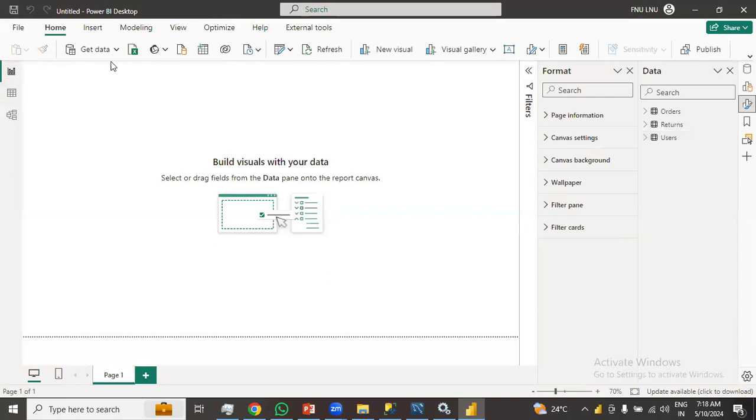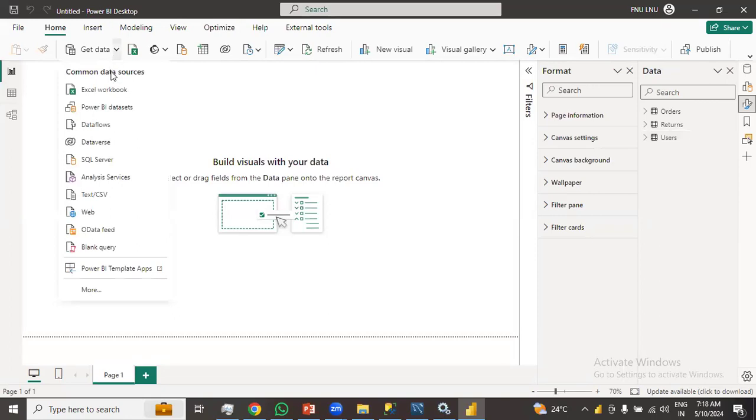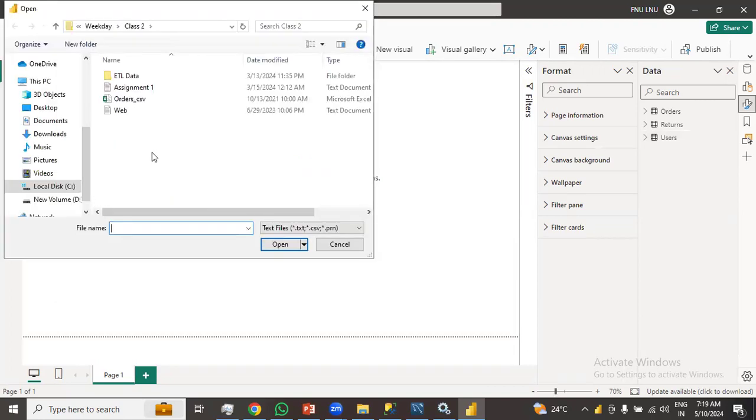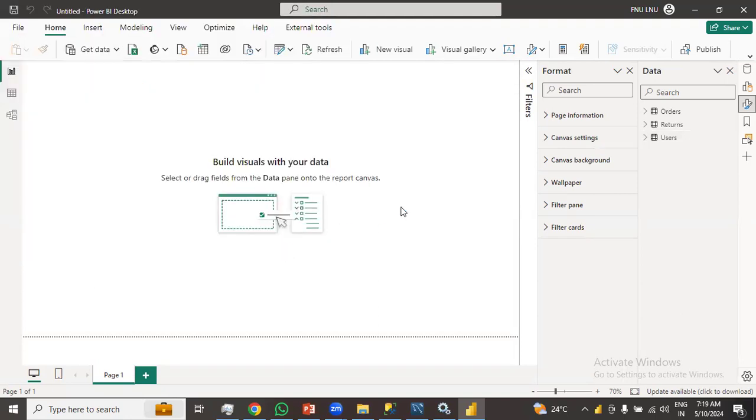Let's say if you want to bring the data from CSV source, again, you need to click on get data. Then you need to click on text or CSV. I hope you can see this. This is text or CSV. You need to click on that. And now you see we have a CSV file in this, which is called orders_CSV. If I click on that and I click on open,